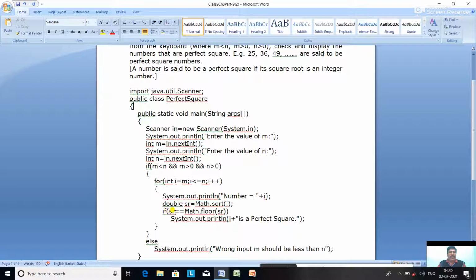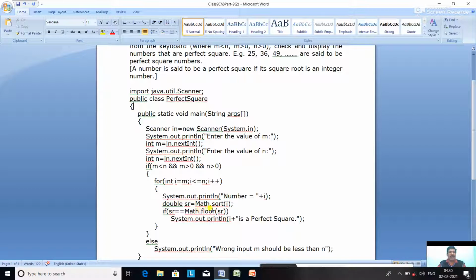If sr, the square root, is equal to Math.floor(sr): like the square root of 9 will be 3.0, and if you round it down, Math.floor of 3.0, it will be the same. So both are the same. And suppose it comes 3.5, if you round it down, it will become 3.0.